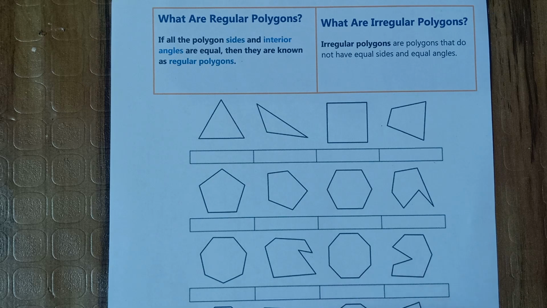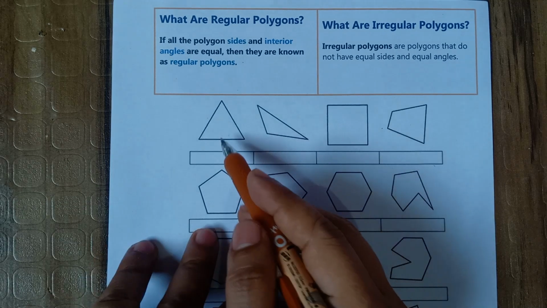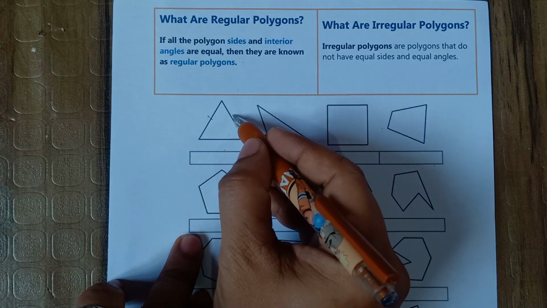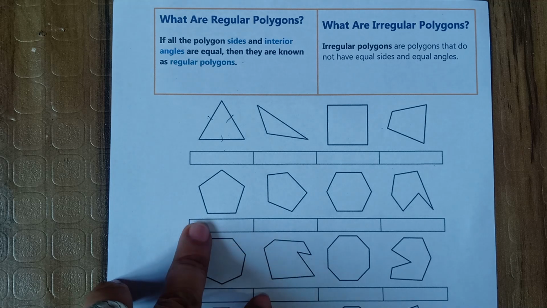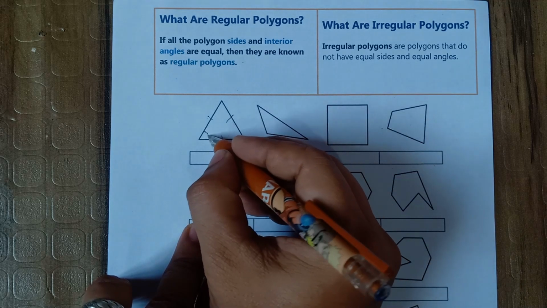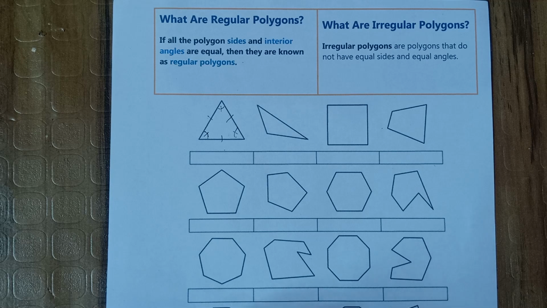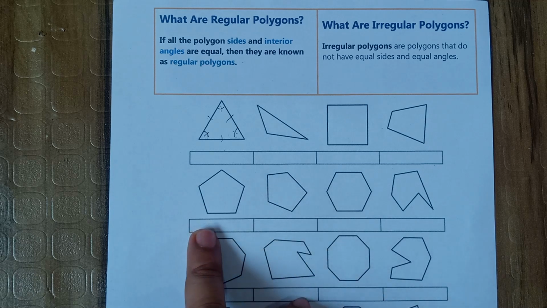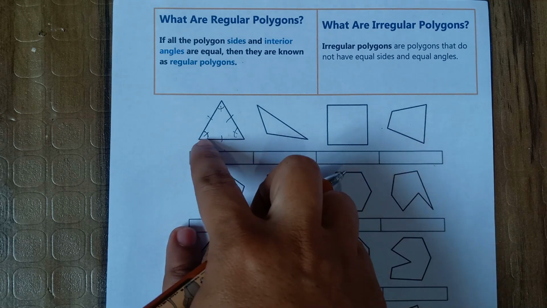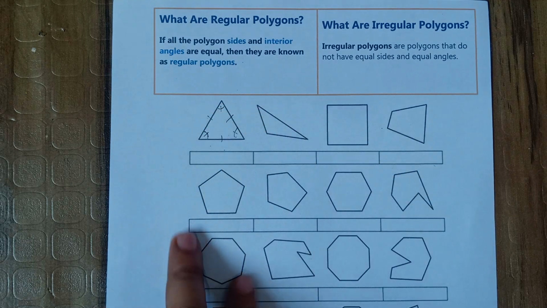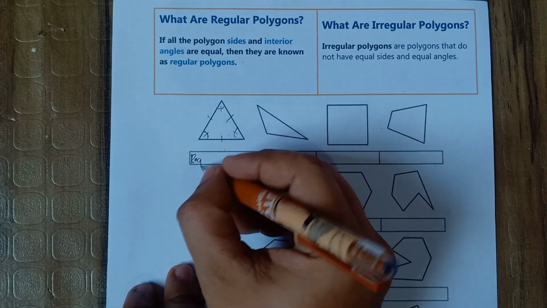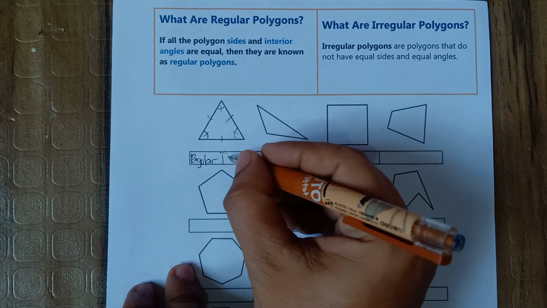Alright, so I have here some figures, class, and you identify which of the following figures are regular and which are irregular polygons. Based on this given illustration, we know that this side is congruent to this side. The sides are congruent as well as the angles. These particular angles are congruent. Therefore, we can call that one a regular triangle. Once again, a polygon with three sides would be a triangle. Since the interior angles are congruent as well as the sides, we call this one a regular triangle.